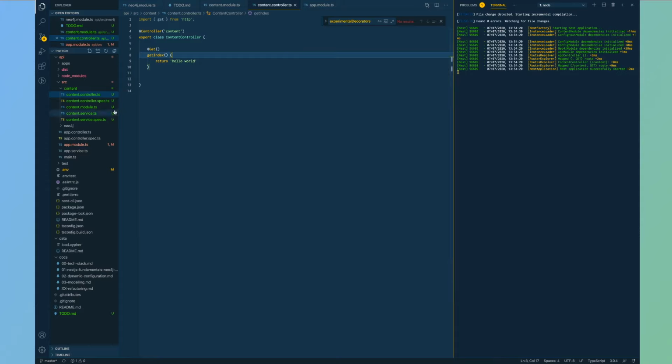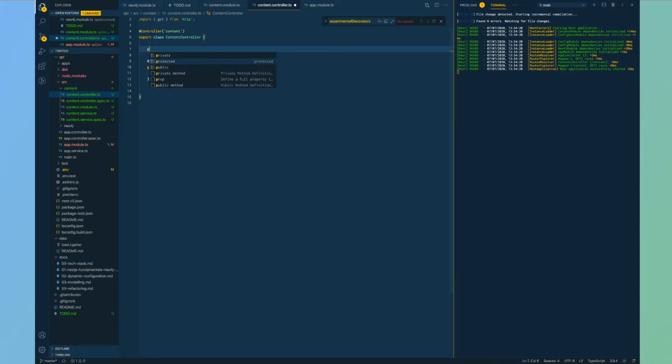which is great. So basically, inside this API endpoint, what we want to do is create a simple function that just returns a list of movies. So inside the constructor here, we want to inject the content service.